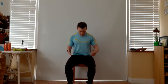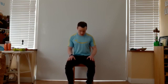I walk myself a little bit forward in the chair. Just test my feet. So the feet should be in a good powerful position. They should be flat to the ground and I can just walk them back a little. I can hold on to the side of the chair if I like, or I can bring arms across chest if I feel comfortable. My head looks forwards, I lean, push heels into the ground, up nice and tall, and